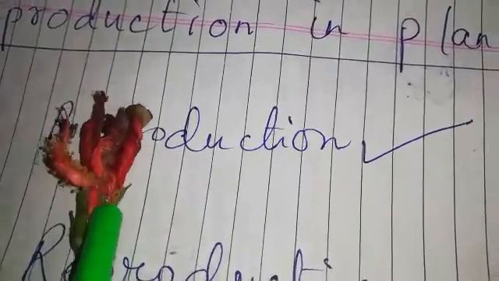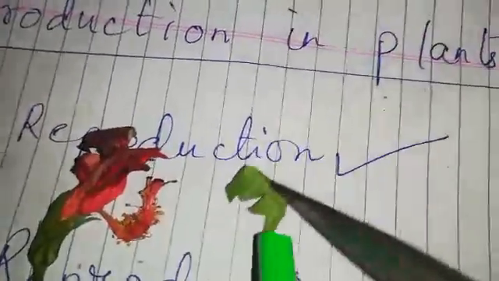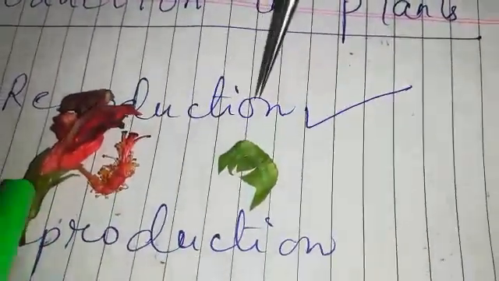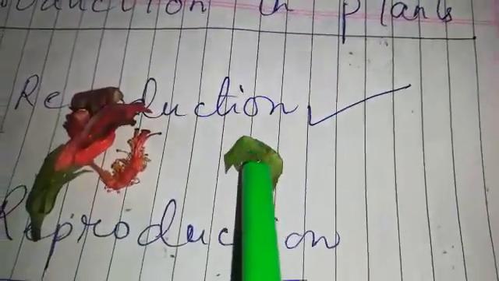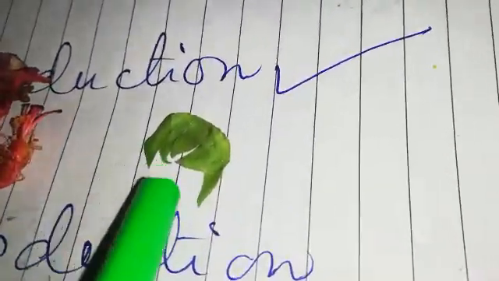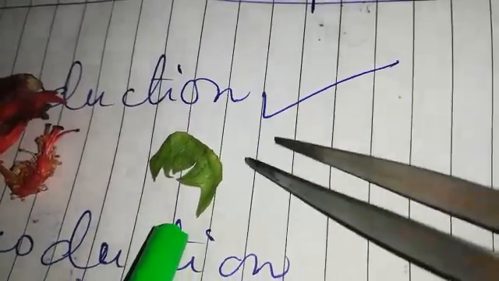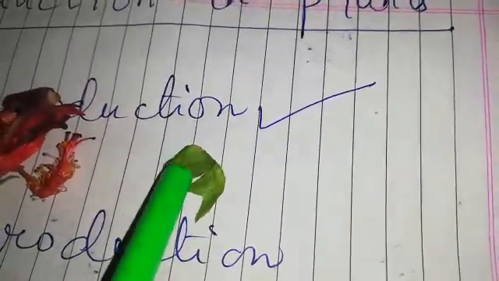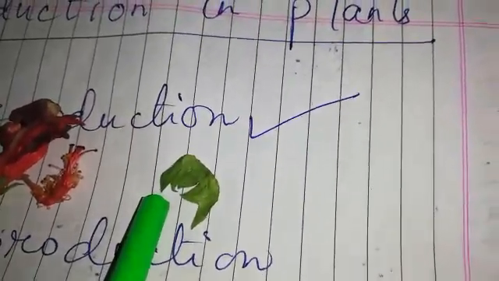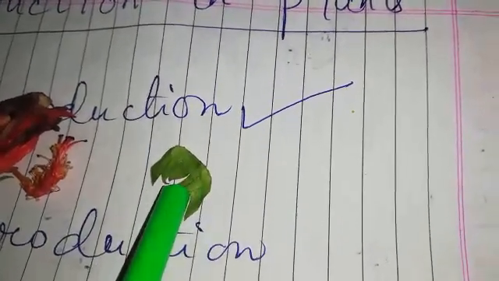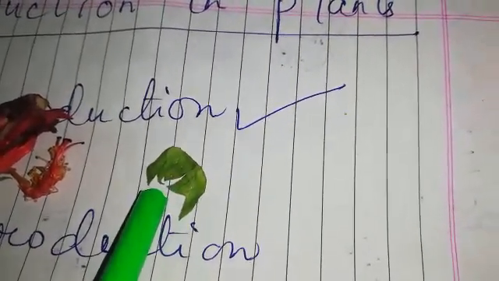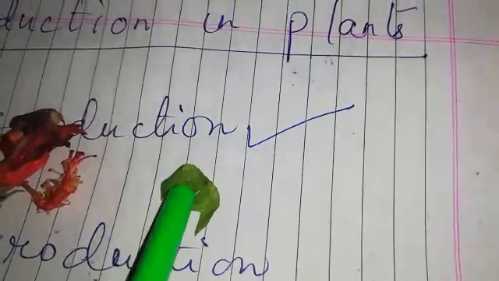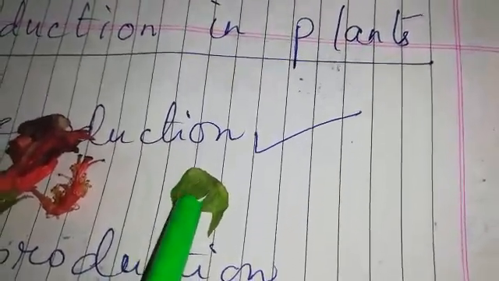Now, the most important parts which I am going to talk about are the four whorls. The first whorl is the calyx. Separately I am showing you here. This green part that you see here is the calyx, the first whorl of the flower. It is the outermost part of the flower, and it contains green leaf-like structures called sepals. What is the function of this? Since it is green in color, it carries out the function of photosynthesis, and it protects the flower during its bud stage.